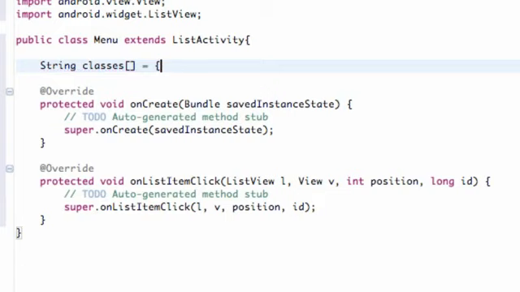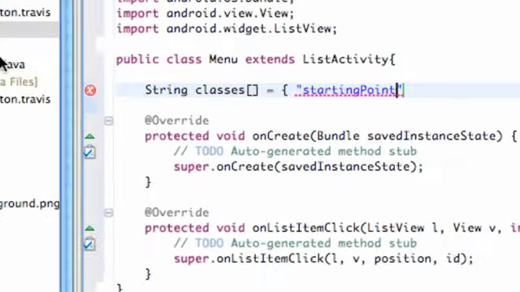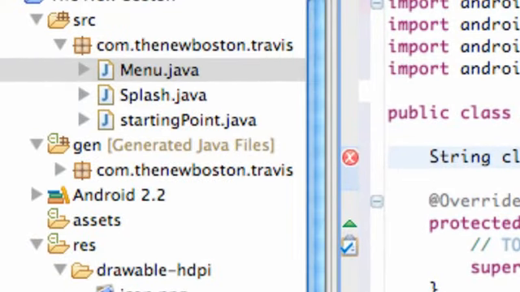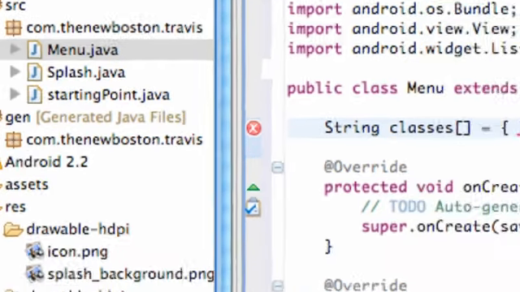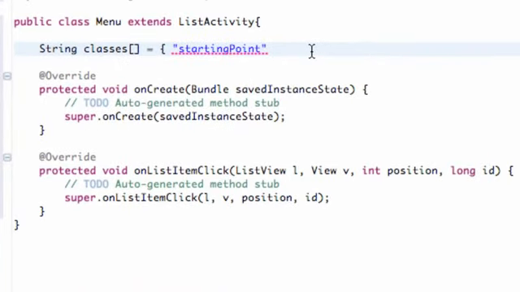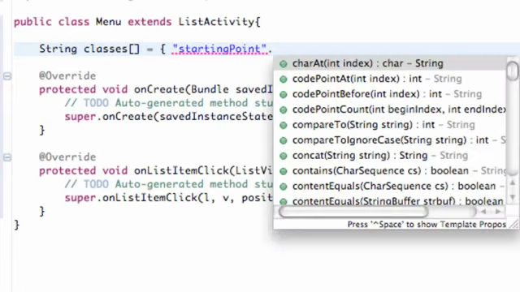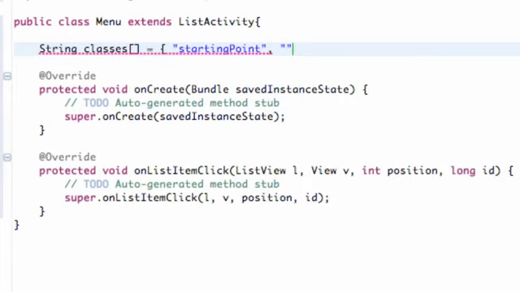So we're going to say another pair of brackets right here, and then within quotations, because strings are basically like words. You can think of it like that. In programming it's just a word. So we're going to call this first string position starting point, the exact same name as our class name that we have called startingPoint. Make sure it's exactly the same, case sensitive and everything, because we're going to have this application use these string positions for the most part to open a new activity. So just say startingPoint, and then we're going to put a comma,